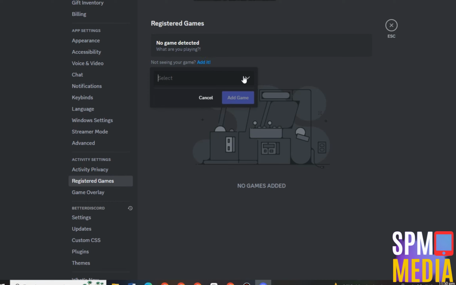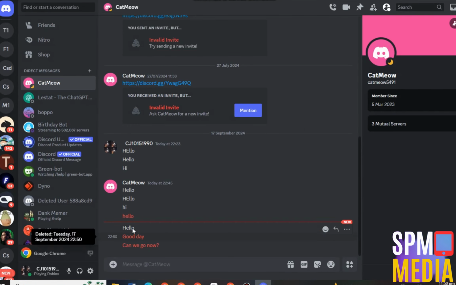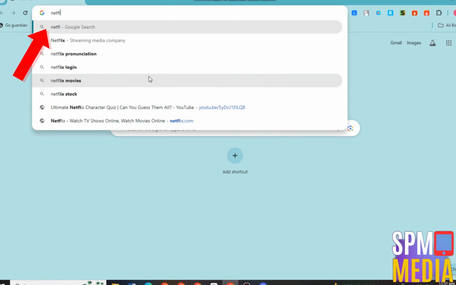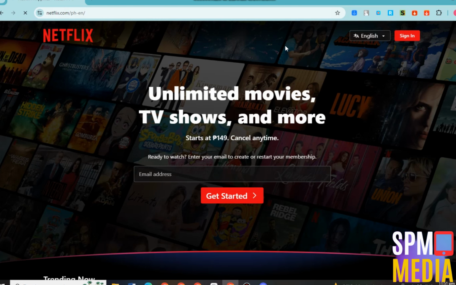Now tap this arrow facing down and then search for Google Chrome. If you don't have Google Chrome yet, you have to add this first. And then after that, you can now go to Google Chrome and then search or log in to your Netflix account. So you have to go to Netflix, log in, and then once you're here, then you can now go